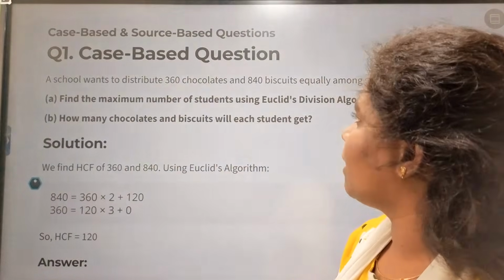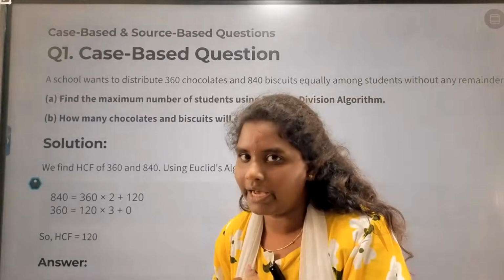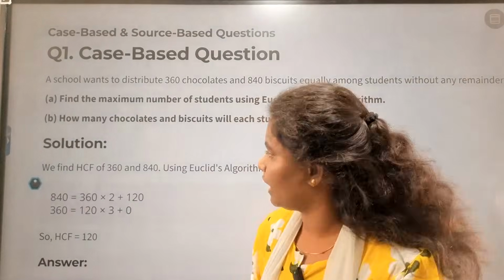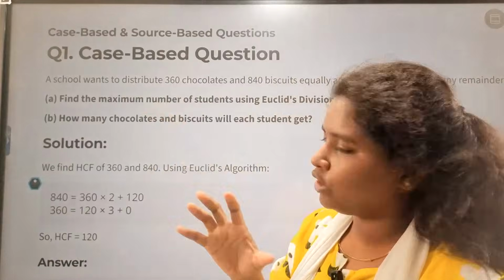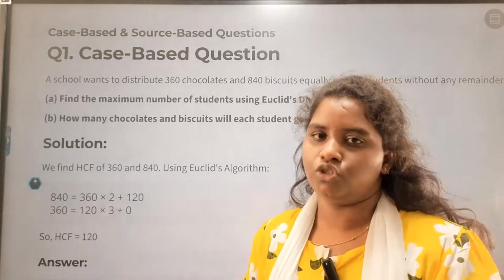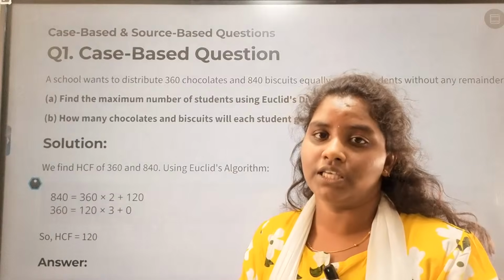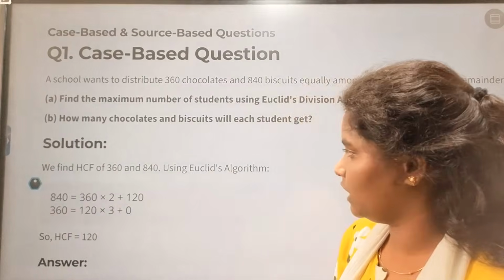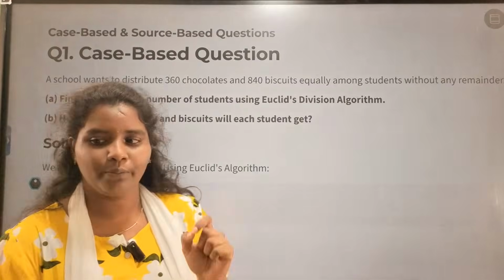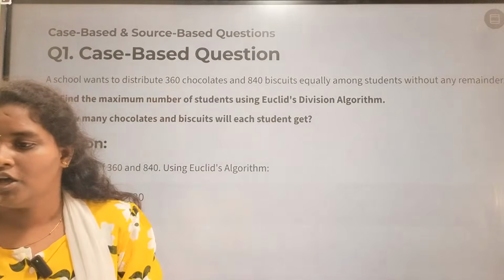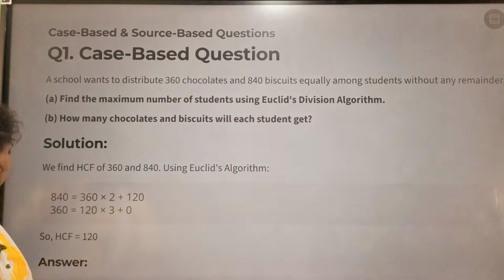So here we have 360 chocolates and 840 biscuits. Should I take LCM, or HCF? Here we have to distribute equally, so in this question I'm going to use the HCF method. In HCF, first we have to do it by using the prime factorization method. So if I use the prime factorization method